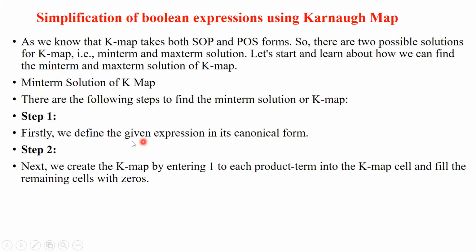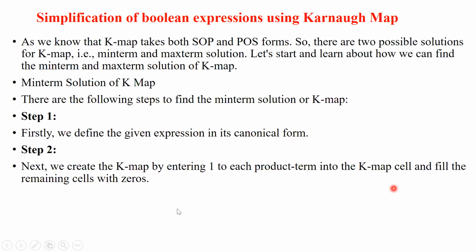I define the expression in its canonical form, because if there are three variables, I need to know what is A, B and C. Only A, B will not work. So we have to have the expression in its proper canonical form. Then what you will do, if a min term is there, I will enter 1. Suppose if m1 is present, then wherever the m1 cell is there, I will enter 1. This is what you have to remember.